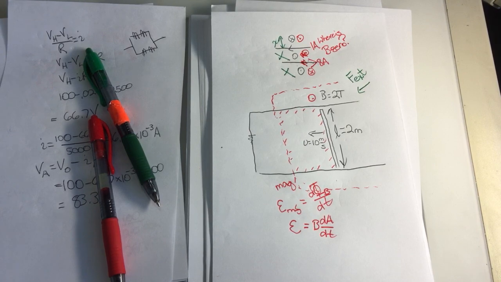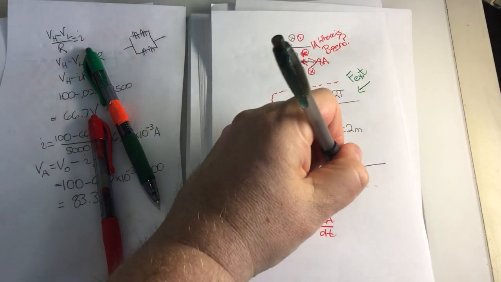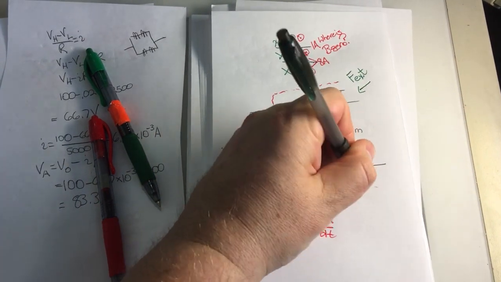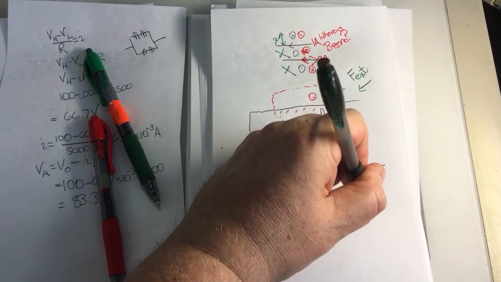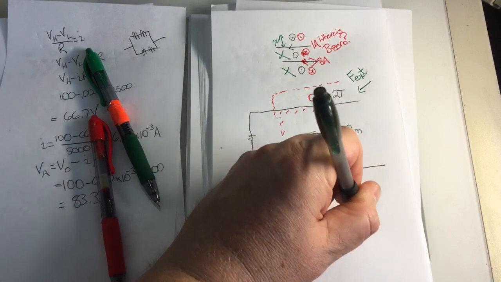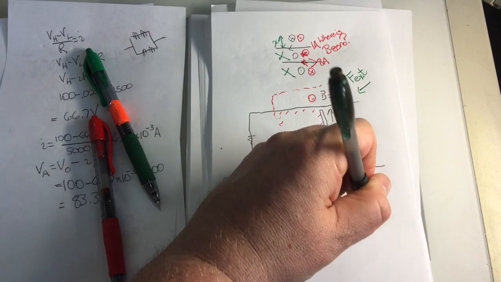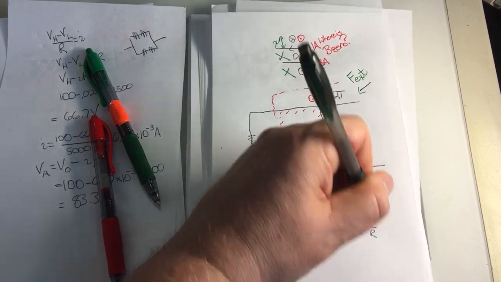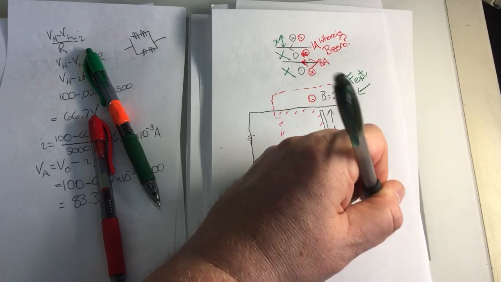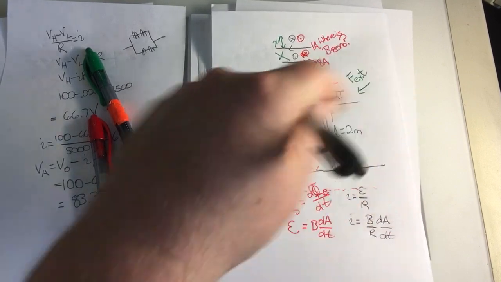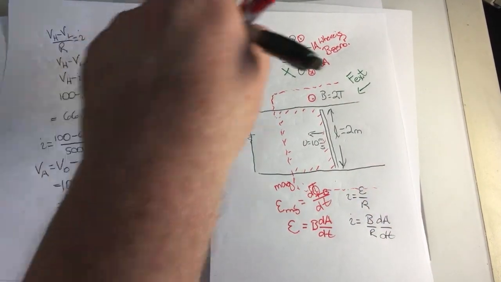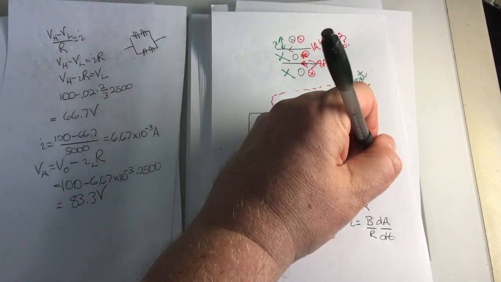So we've got all that set up. The current, which is electromotive force over R, means that the I is B over R dA dt. Area